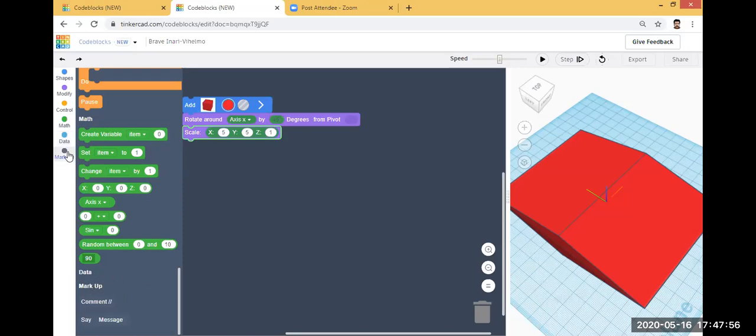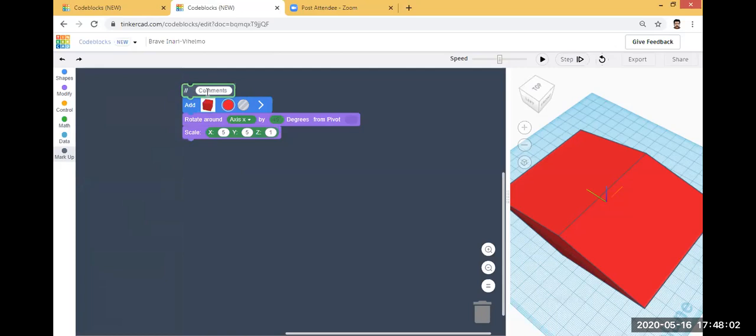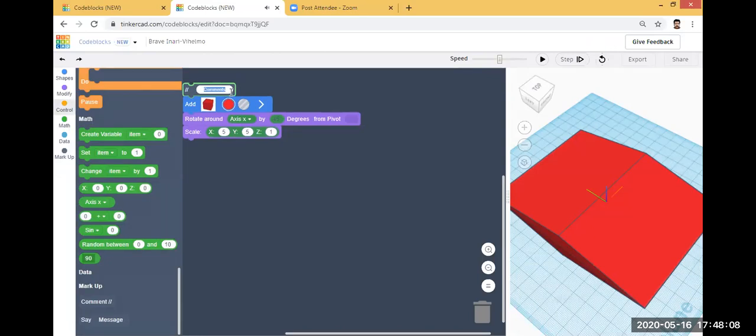Okay, so in the markup you can see comment. Sometimes you want to add some comments. For example, here I want to add some comments. So you just drag and place here, you can add comments. Add first solid. So this is a comment.